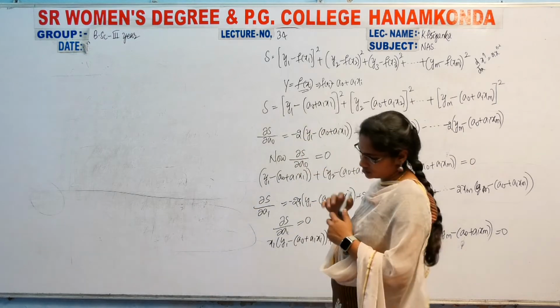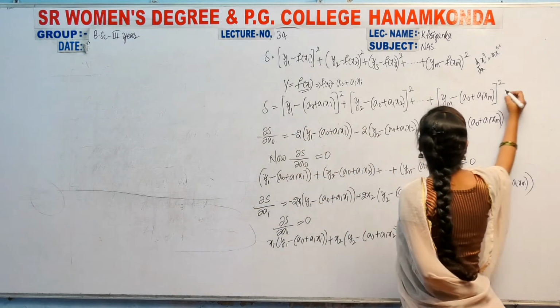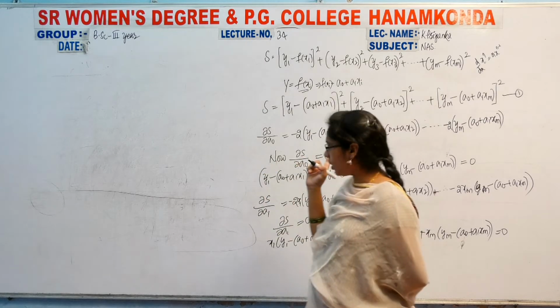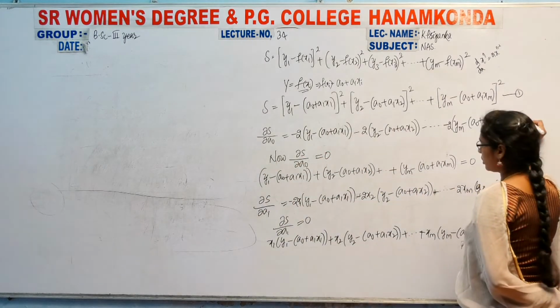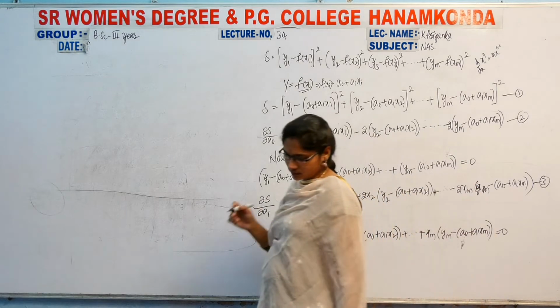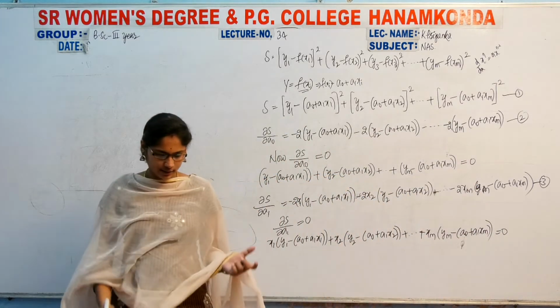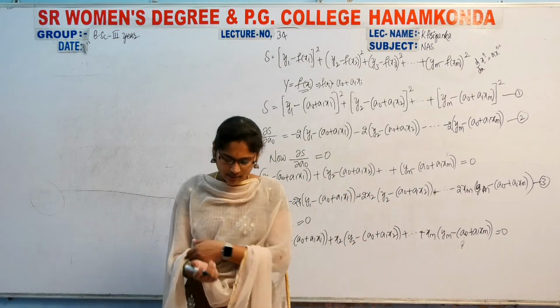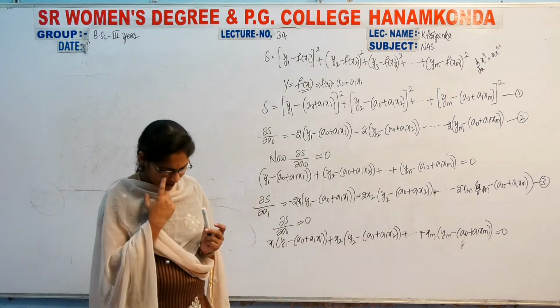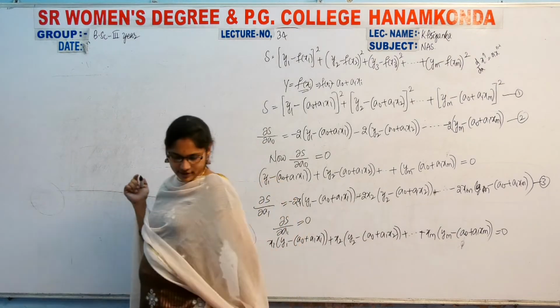This is the main equation 1, and after this, dou s by dou a naught I am taking as equation number 2 and this as 3. Now write down: by simplifying the above equations, we get